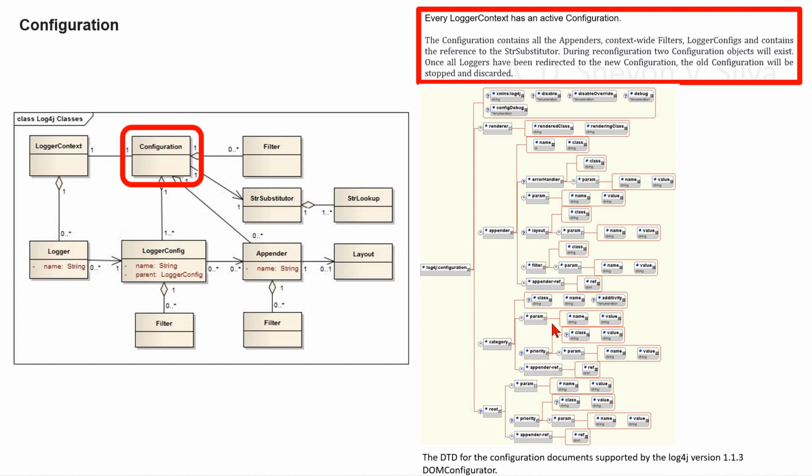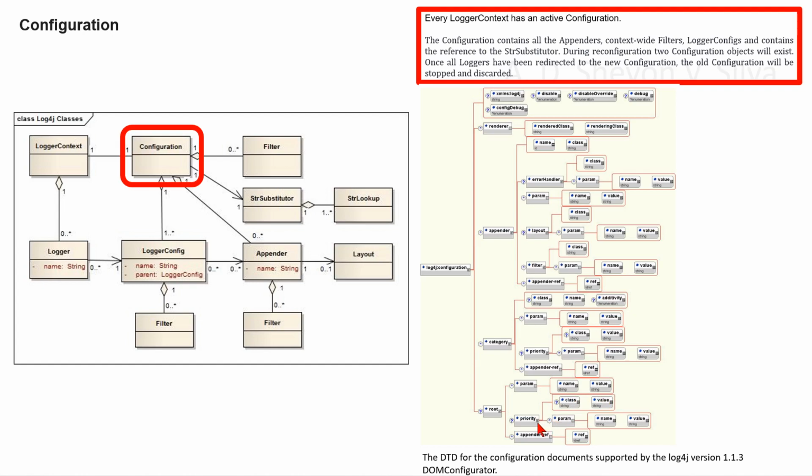Here the param interacts with name string and value string, and here the priority interacts with class string and value string and param interacts with name string and value string, and appender-ref interacts with ref, ID ref. Here root interacts with param and appender-ref, and here the param interacts with name string, value